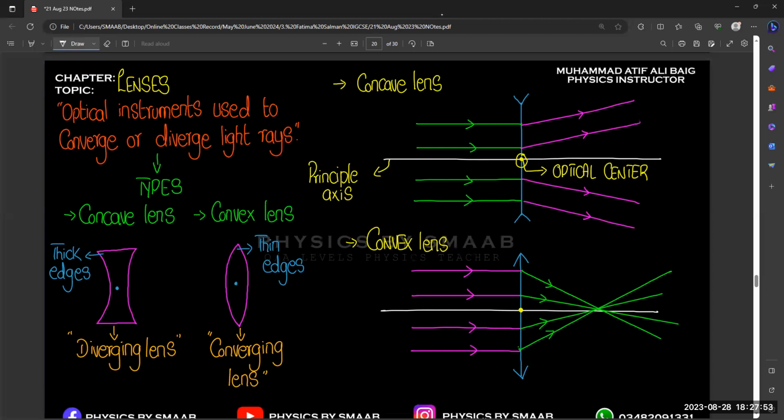And further, we need to discuss some more components and some more properties, like the nature of the image, right? Just like if we observe different lenses in our daily life. So if you observe the magnifying glass, let's suppose, if we talk about the magnifying glass,